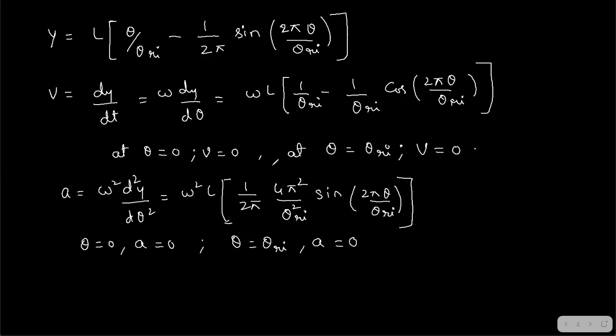You can just check it. So finally, after getting these values, you can check it for various values also. You can substitute various theta values to check it. If you substitute theta Ri by 2, you will get sine 180. Try to find where you are going to get the maximum value of velocity, the minimum value of velocity, and the maximum and minimum values of acceleration. All these things you can check from these equations. These both are general equations. You can substitute, but these equations will be valid between 0 and theta Ri, because we are calculating with respect to theta Ri. The same thing will follow in the other case, but in the opposite direction. You can check it. Fine.